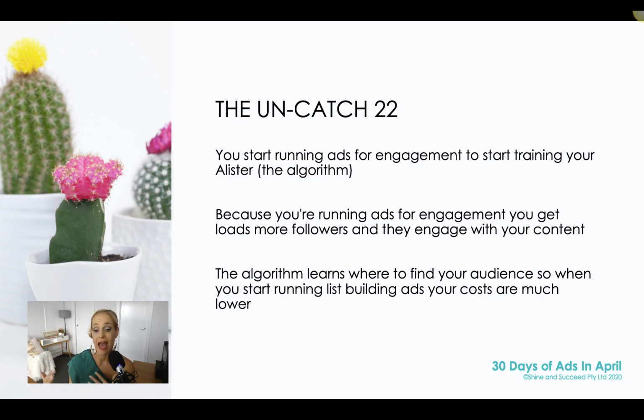But all of that would have been like an ant eating an elephant if you just started without using the algorithm to your advantage. But because you're smart and you're going to use the algorithm to your advantage when you're still small and just starting out, and you're going to give the algorithm what the algorithm needs, you're going to get traction so much faster, my friend.